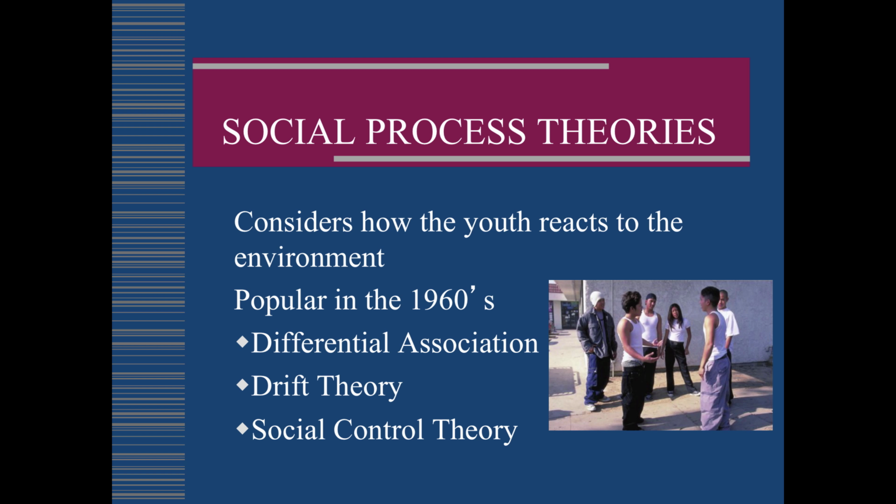Differential association theory looks at how delinquents learn crime from others. Drift theory proposes that any examination of the process of becoming deviant must seriously consider both the internal components of the individual and the influence of the external environment. And social control theory provides an explanation for why some people violate the law while others resist pressures to become delinquent. We will also look at several integrated theories at the end of the chapter and consider life course perspectives as well.